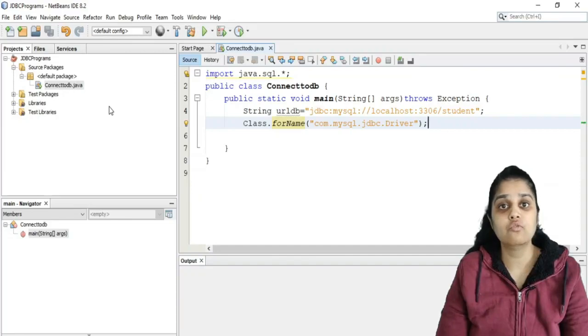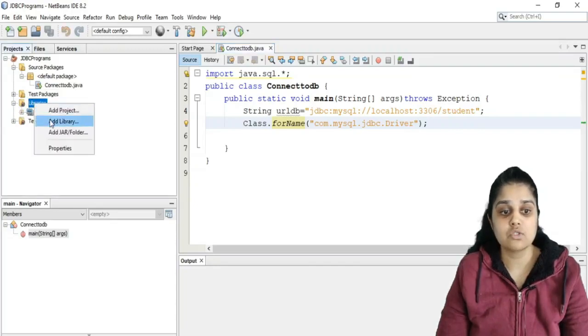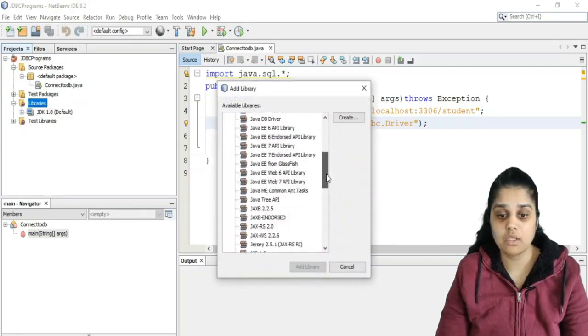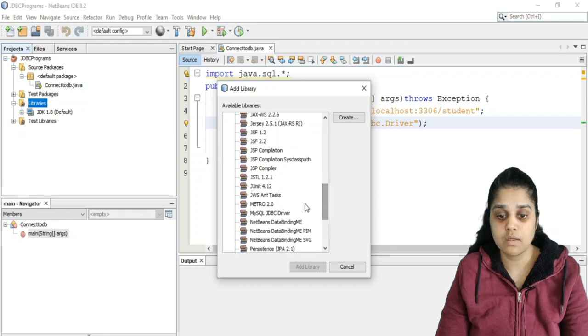Now when you write this statement, you have to include a jar file or a connector file. Without this file, you won't be able to connect with the MySQL database. So for that, you need to go into libraries. Into libraries, you will do add library. Under add library, you will go to MySQL JDBC driver.